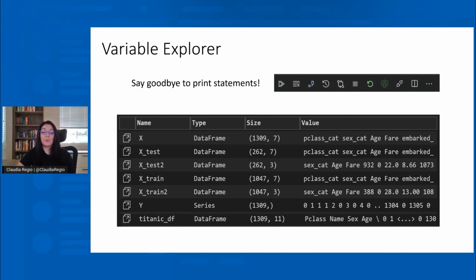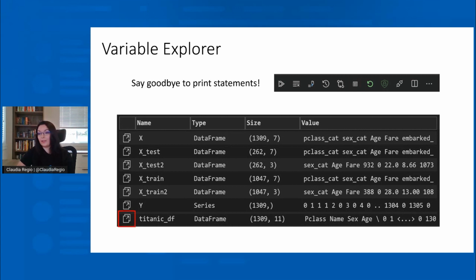To avoid having to make print statements to try and realize where you're at, we have the Variable Explorer. You can access the Variable Explorer through the notebook toolbar by clicking on this grid-like icon. That's going to pop up on the bottom of your canvas. As you can see, we have the name, we have a type, we have the size, and we have a preview of the value in this variable.